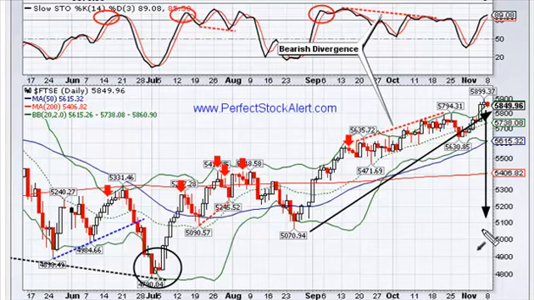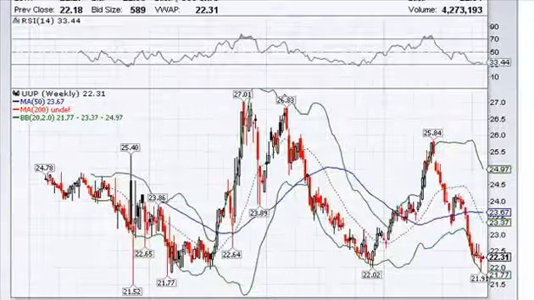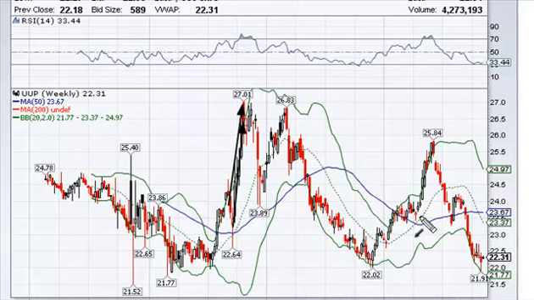If you go back and look at the dollar chart, let's do it right quick. Okay, looking here at the U.S. dollar index, you can see that back in 2008, the worst part of 2008, the dollar shoots way up because people are selling stock, which means they are trading stock in for what? Dollars. So that drives up the value of the dollar. The same thing happened back in April when we had the flash crash.